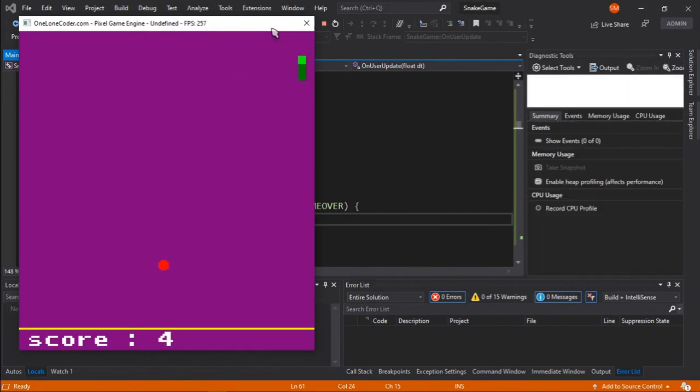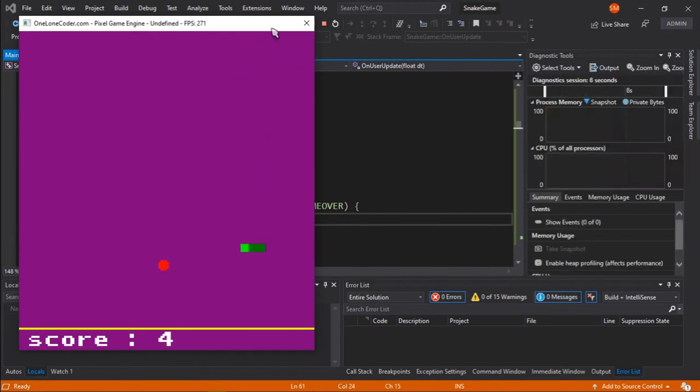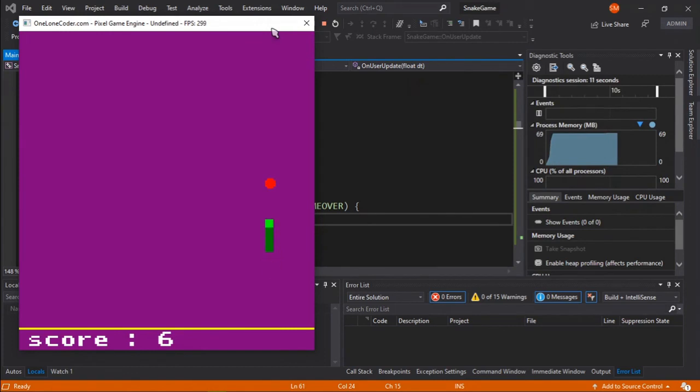So let's first grow our snake. We have a little bit more speed now, so we are using a little higher speed now. So we are eating our food.